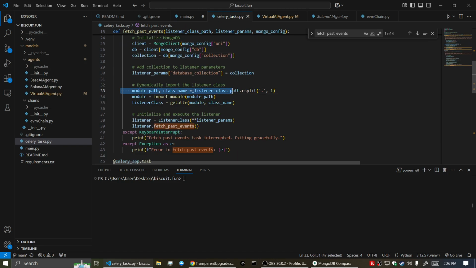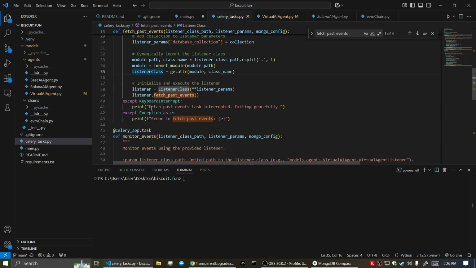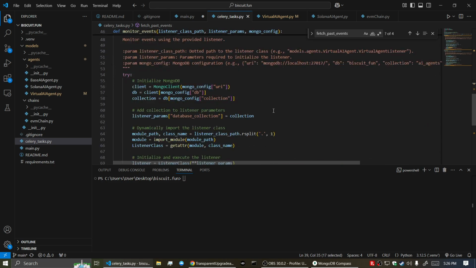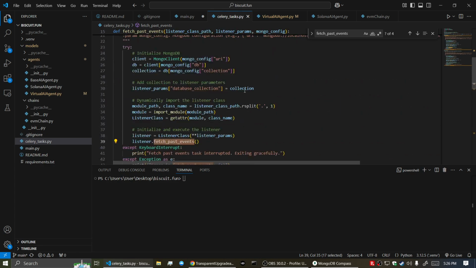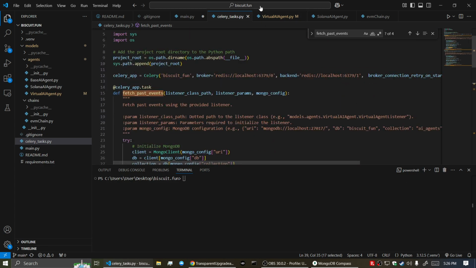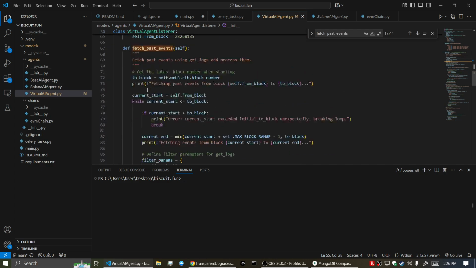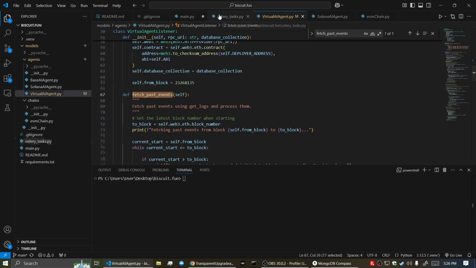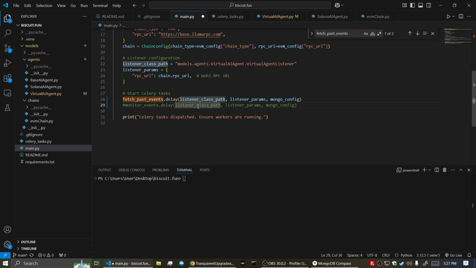We dynamically import the listener class. We initialize it here, and then we call fetch past event. Same thing for monitor. It's basically the same process. So this celery app is going to load this function fetch past event, but using celery, which is scalable, and